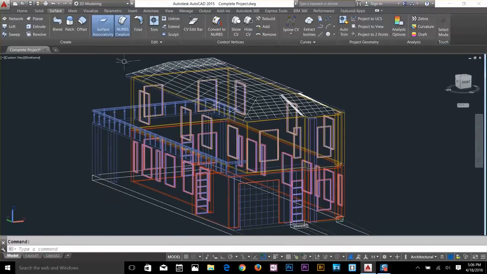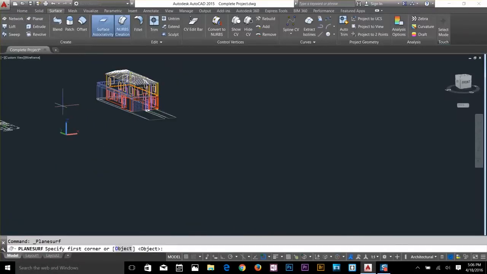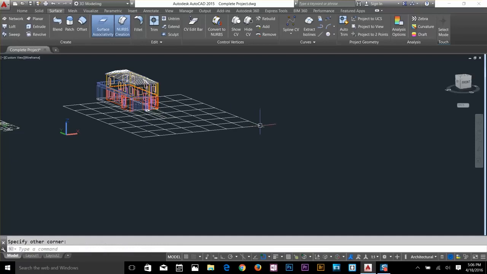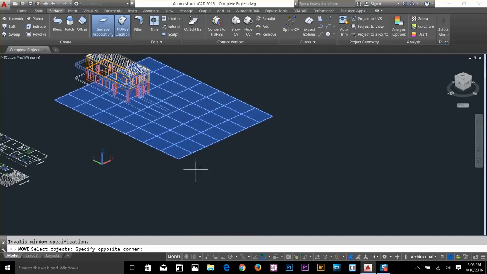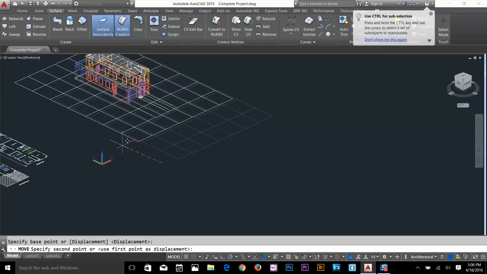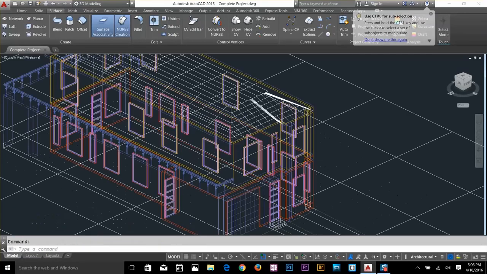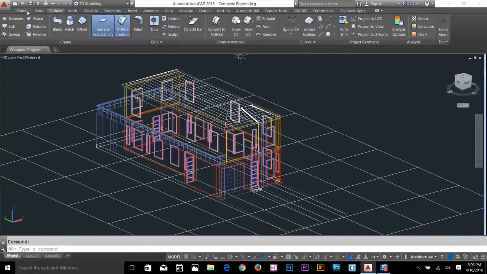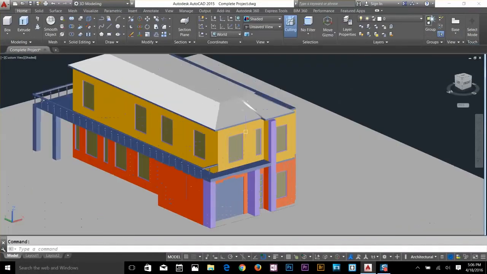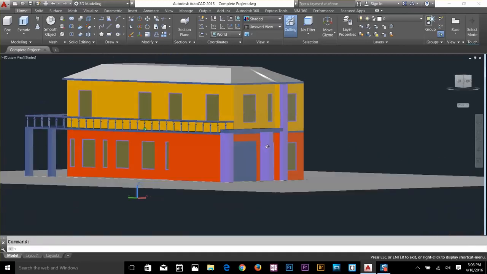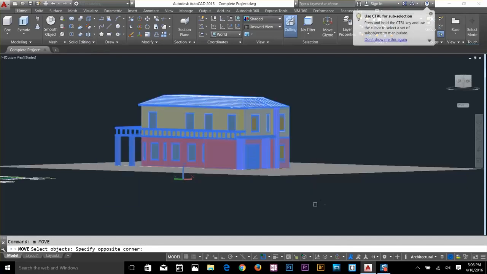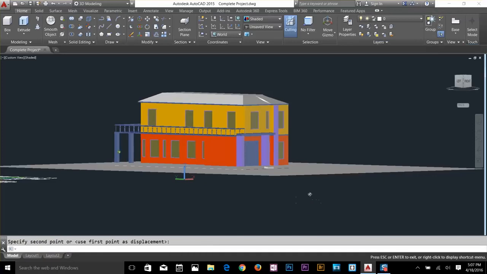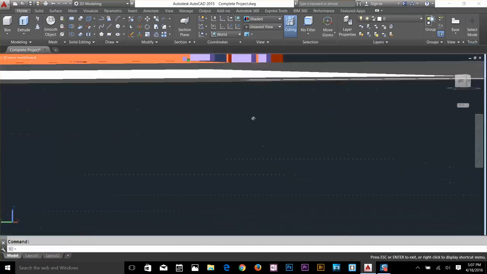So now go to your planar, draw a planar here. Now just move that a little bit. There, done. So now if I change that to shaded, you can see that it's pretty awesome now. And there's one thing you need to do. You need to select your whole drawing and 0,0,1 feet. Done. So now we got this on the proper